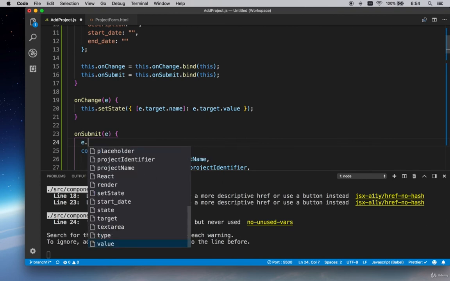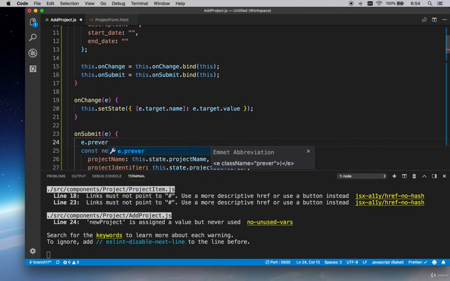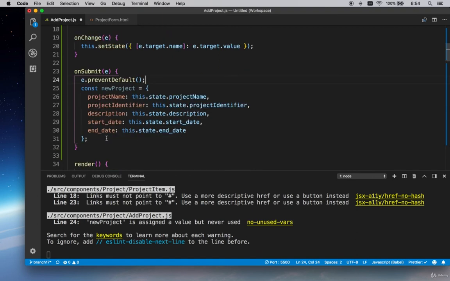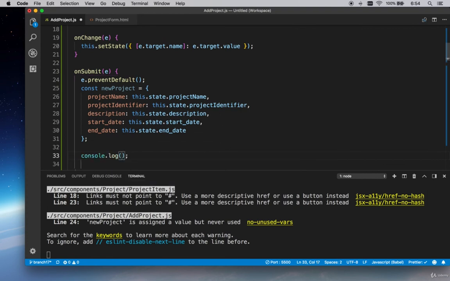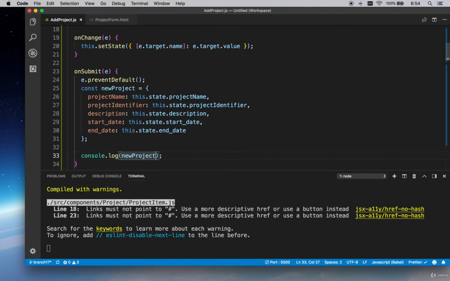So for this, we're going to use something that's literally vanilla JavaScript, e.preventDefault. What this is going to do is prevent the form from reloading. And now, with that in place, I want to console log our new project object and literally grab that project object that we created here in React and manually send it to our backend through Postman, just to see